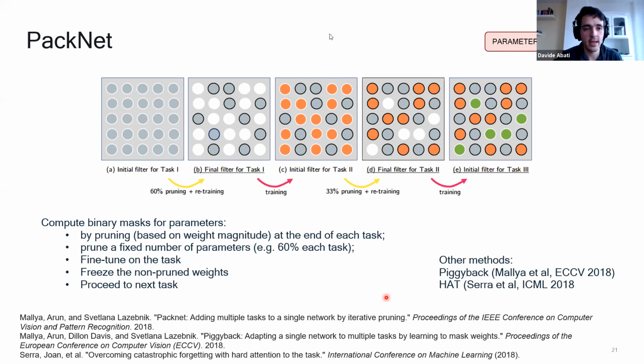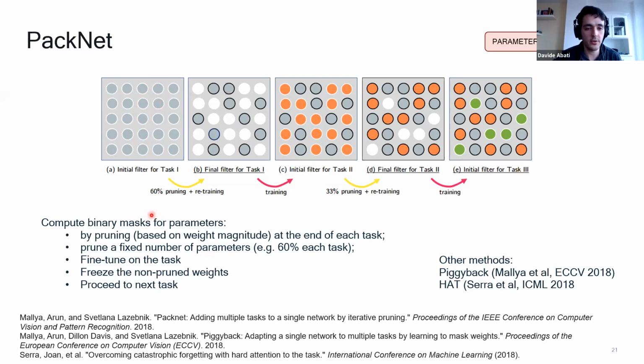So I picked PackNet here because it's a very simple strategy, but quite effective. So let's say we have a convolutional kernel here that we train on task 1. So gray circles are weights trained on task 1.